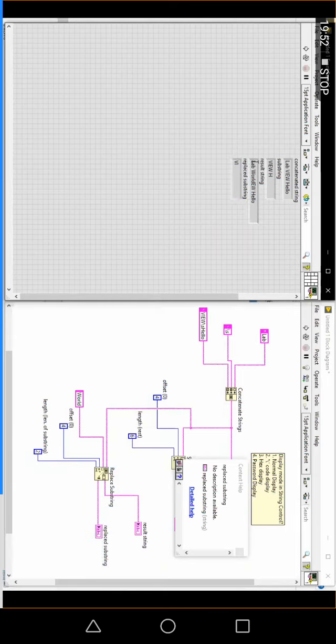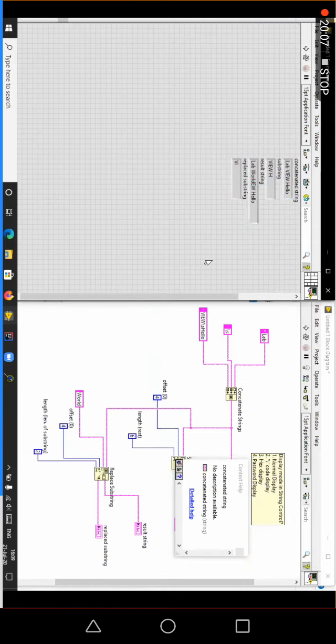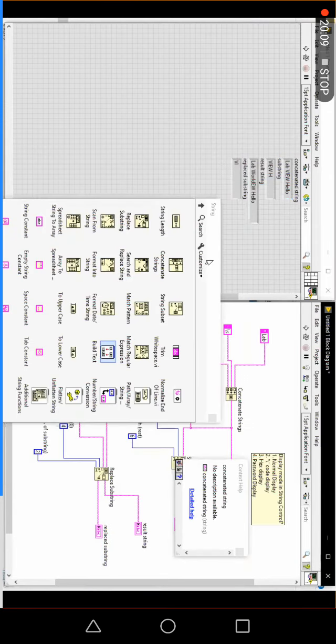VI will be the match, and the before substring, so that is the input. What is the before string you are getting? That means before the VI of the lab space will be available, that is the before string, and the after string will be EW space hello that will be available over there. Okay, that is the thing you will get in the match pattern.